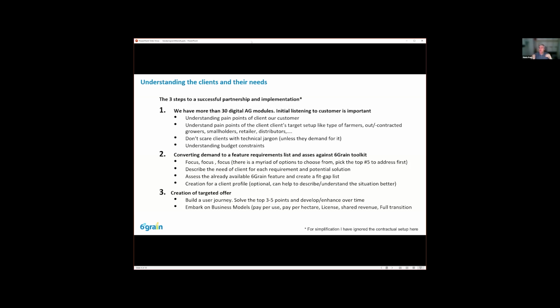And then depending on the initial listening, there might be a fit-gap list to say, we actually don't have a module yet which could address this. But I haven't actually found anything that I described which Molly and her team cannot create a solution for. It always amazes me, if I say I have this business problem, could we do something?